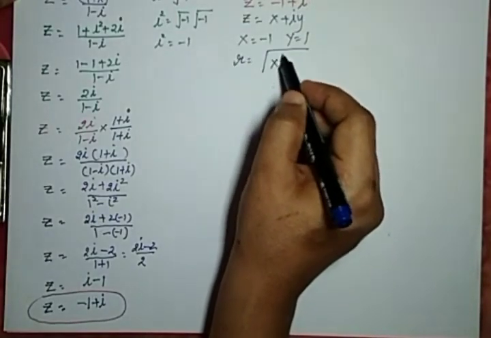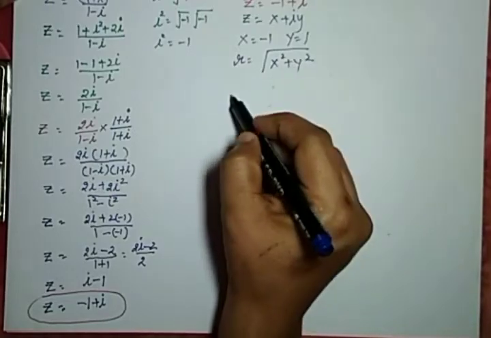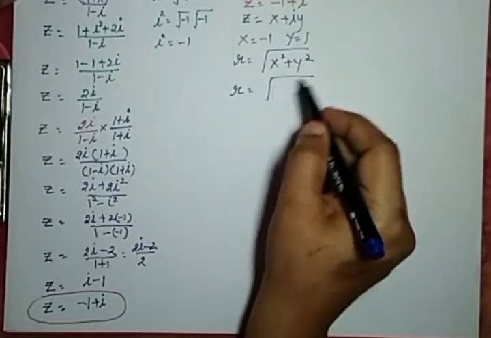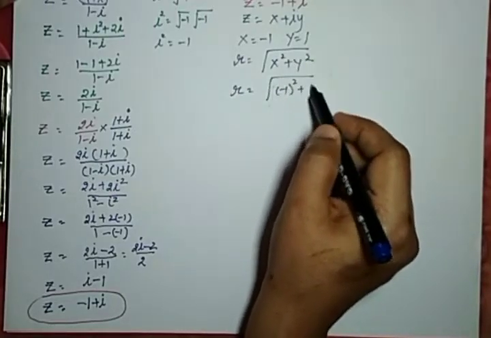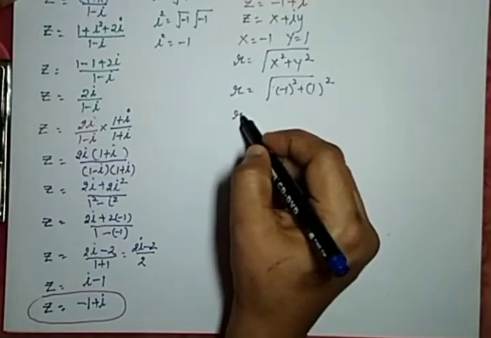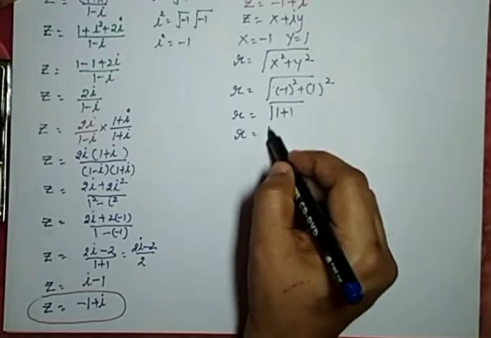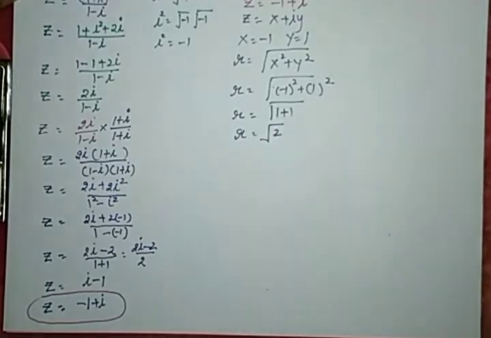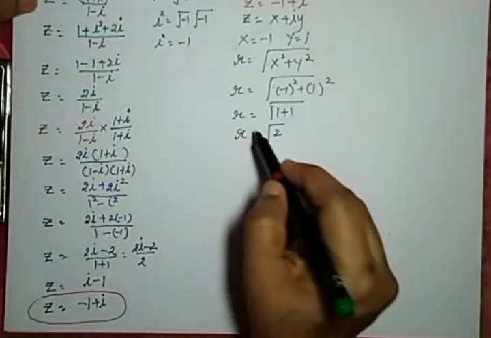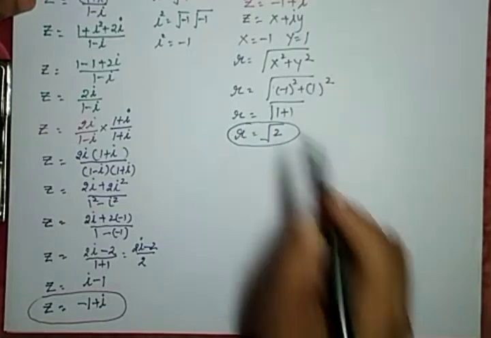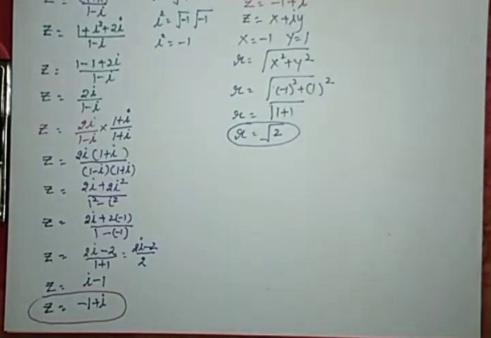r is equal to root of x square plus y square. r is equal to under root of minus 1 square plus 1 square. r is equal to root of 1 plus 1. r is equal to under root 2. Okay, so one thing is clear, that the modulus of this complex number is r, equal to under root 2. Next we are going to calculate its